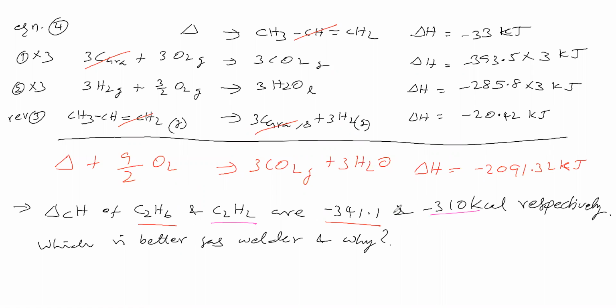Enthalpy of combustion is for 1 mole, and 1 mole means molecular mass. Molecular mass for these two is different, so let us make their weight the same, then we will see. First we will take ethane. Let us see the enthalpy of combustion of ethane. That means 1 mole of ethane on combustion